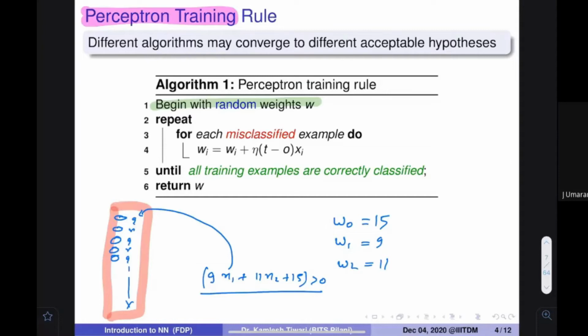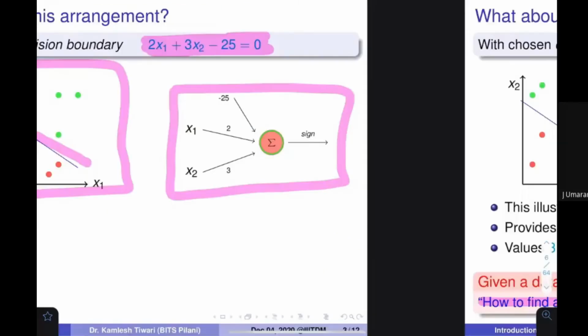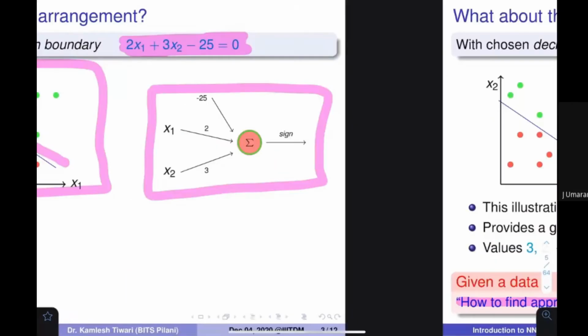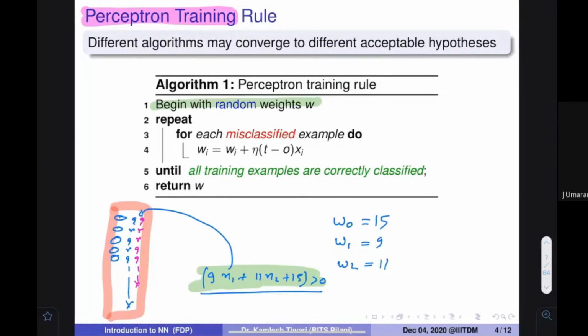Because I have the equation, I can find out whether it is yes or no. But you know what the actual thing is. Let's assume the actual values are also given to you in our database, and you apply the formula to find the weights. Some places there is a problem. For example, here is a problem: red becomes green, green becomes red. Some places there could be a problem.